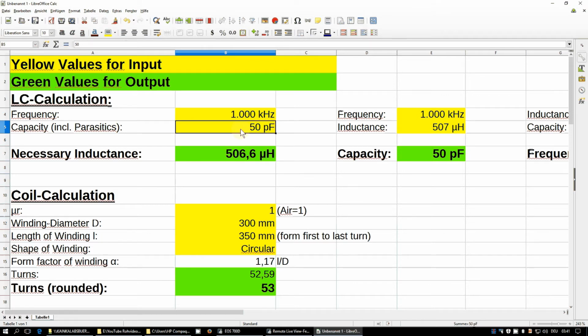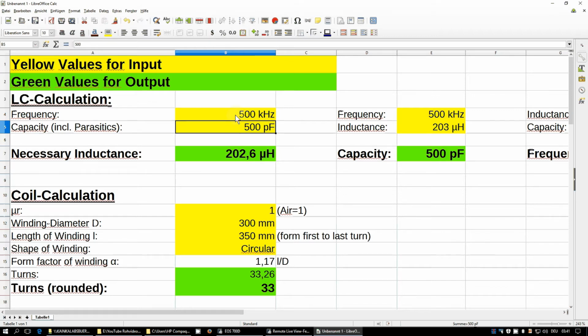Usually the limiting factor is your tuning capacitor, and a typical value is 500 picofarad. But that is the full capacitance of our variable capacitor, and that tunes to the lower end of the medium wave range, which is somewhere in the range of, let's round it to 500 kilohertz. So our necessary inductance is 200